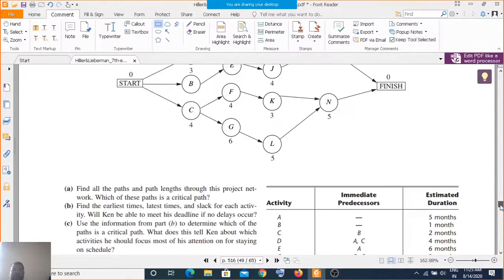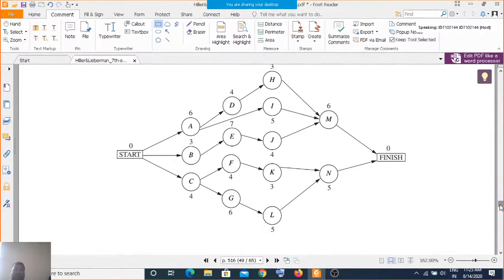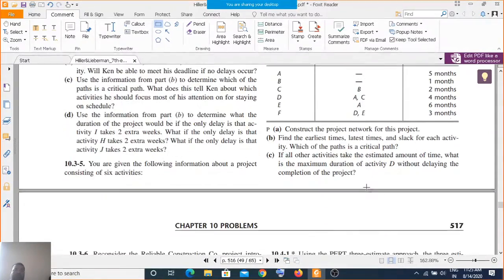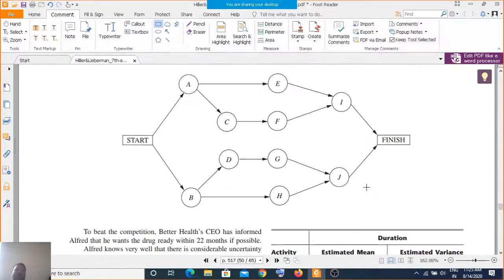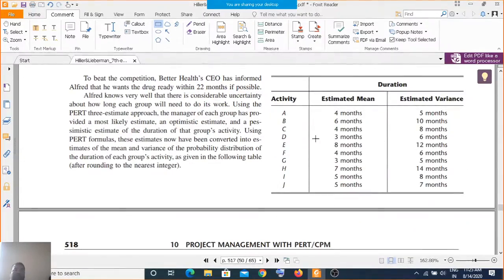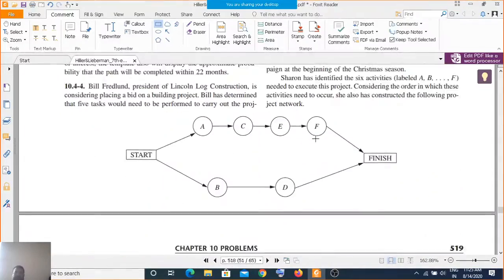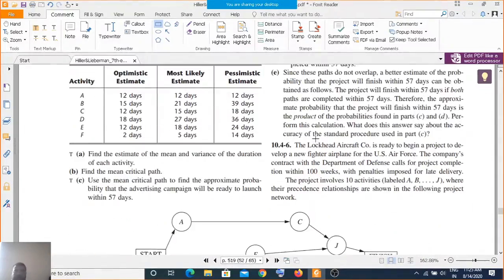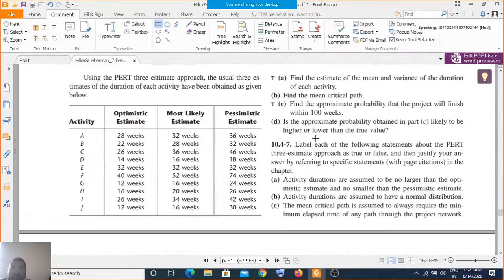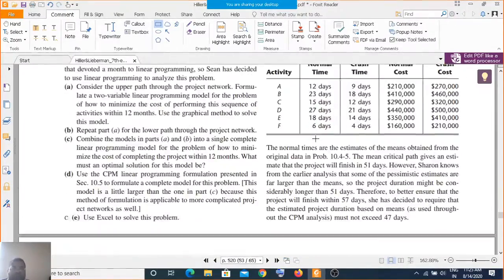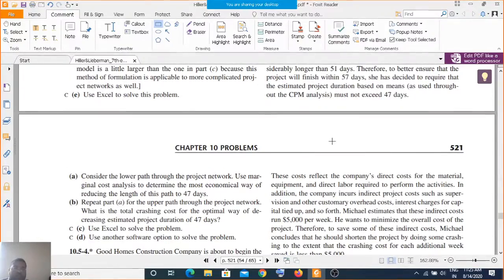Here you have this PERT chart, or the CPM chart, the critical path method graph, and based on these tables you are required to calculate or draw the PERT or CPM chart. So this is the end of your sixth unit, and the completion of the entire software engineering and project management syllabus.